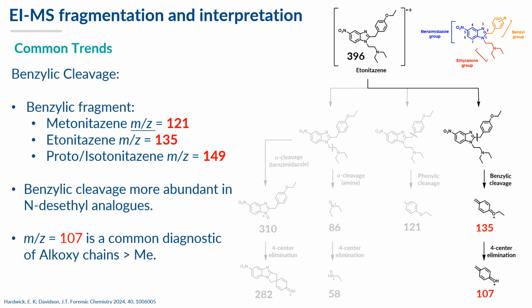The four-center elimination ion of m/z 107 is one of the most common fragments in nitazene spectra and is diagnostic of alkoxy substituents. The benzylic cleavage of metonitazene gives that benzylic ion of 121, etonitazene gives 135, and protonitazene and isotonitazene give 149. The four-center elimination of alkoxy groups results in that cation of 107, but only if the chain is longer than